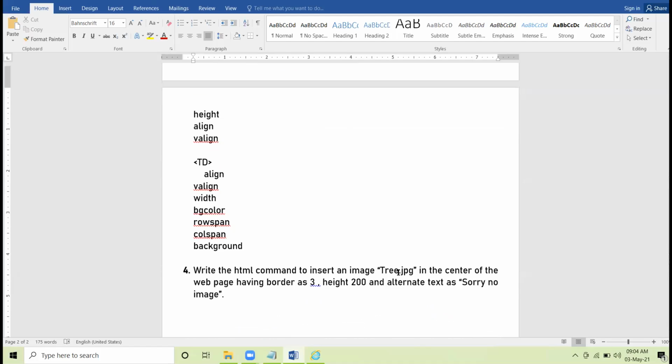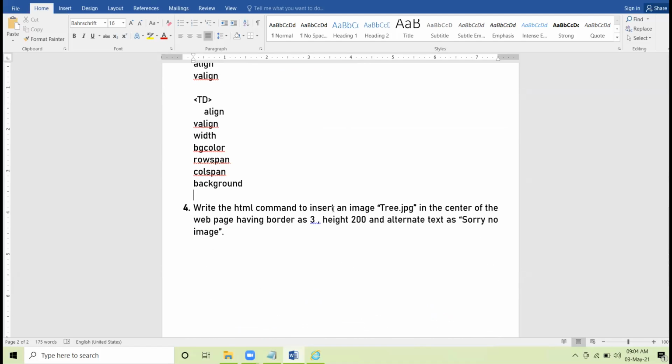All right. Write the HTML command to insert an image tree.jpg in the center of the web page having border 3, height 200, and alternate text as sorry, no image. So when we want to have image in the center of the web page, the only solution is center tag separately, img src equal to the name of image is tree.jpg.